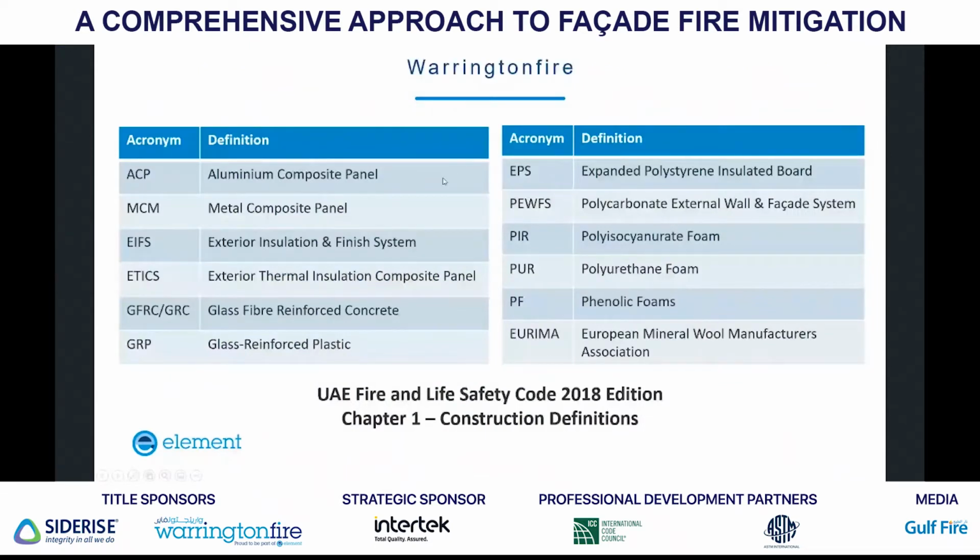During the presentation, there'll be a number of acronyms used. Therefore, I've included a slide highlighting key definitions from the UAE Fire Code. As you know, reaction to fire is one of the 2 main categories of evaluating fire performance. It focuses on materials, if they burn, how they burn, and what happens when they burn. It is important that we examine characteristics such as ignitability, surface spread of flame, smoke and toxicity, and combustibility of the components making up the facade system. We must also look at the facade system as a whole.